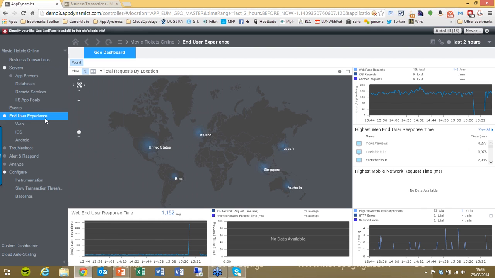Okay, cool. There is actually EUM enabled on this application. So end user experience monitoring, also called real user monitoring, or RUM, is the idea of actually looking at how long it takes something to load in the actual user's web page. So for example, here, on average to load the movie review page, it's taking 4.277 seconds,